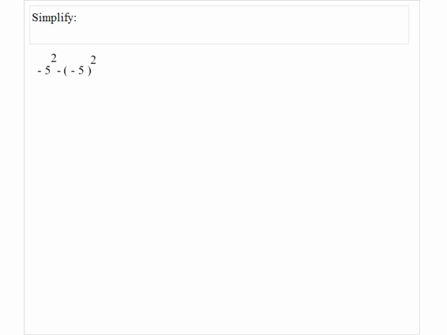Simplify. -5 to the power of 2 minus (-5) to the power of 2. Now the difference between these two is when you have -5 square, or if you have (-5) square and the 5 is inside the parentheses. The first one, the base is 5, so we only multiply 5 by itself 2 times. So the result would be